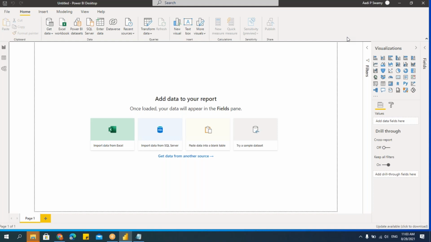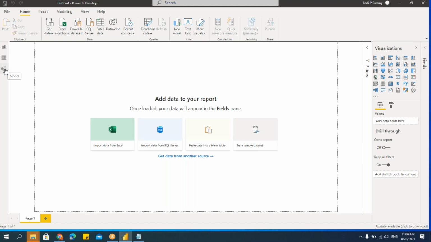If you see this layout, it's very, very simple. Not like your Excel, Word, where so many options are there, you'll get scared. Nothing, very simple. If you just see, we have this ribbon on top. And we have these 3 windows here, that is 3 views. First one is the dashboard, that is report. And next one is the data, that is whatever I import, the data will be available here. And next one is the data modeling, that is the model. That's all we have to think. Report, the data, and the data model.